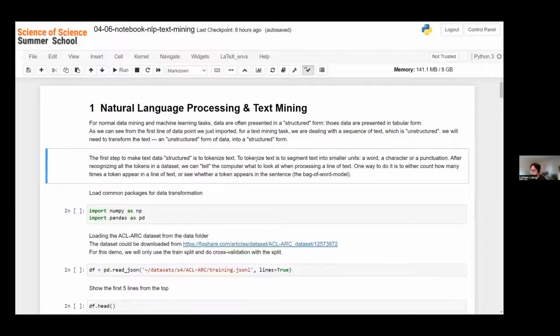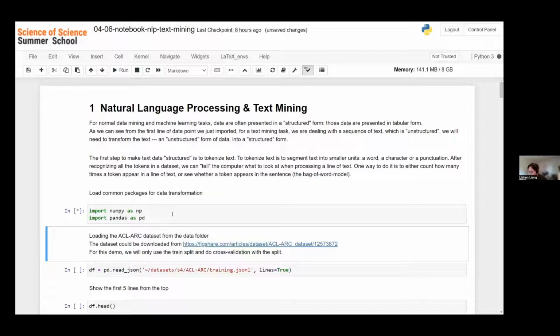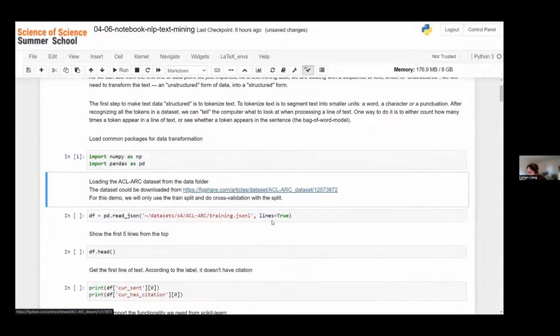So with scikit-learn, we can actually do both tokenizing and vectorizing text. And in this example, we're using a dataset about citation worthiness and could be downloaded from Figshare.